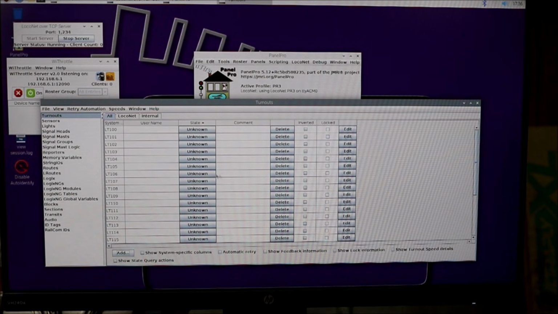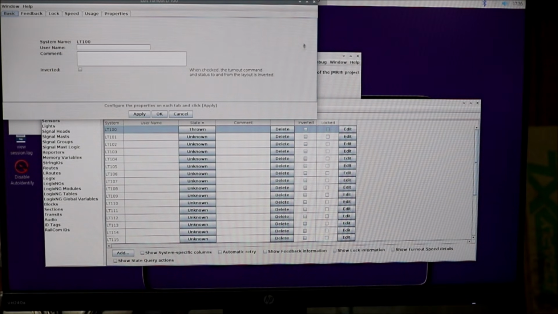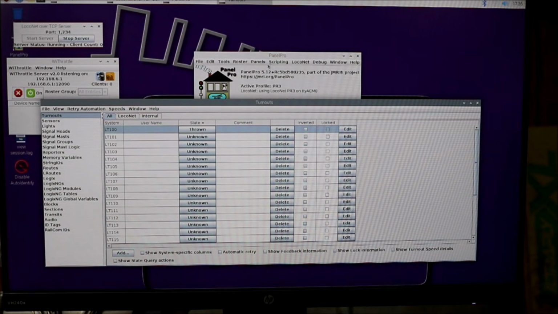But the way you make these work, or check them to see if they're working, is you click the state column. And I don't know if you can hear that, but it's clicking. You can delete the turnout right here, and you can edit it right here. Goes back to what we had before. So now that you've set up your turnouts so that the command station and LocoNet know where they are and what the numbers are,